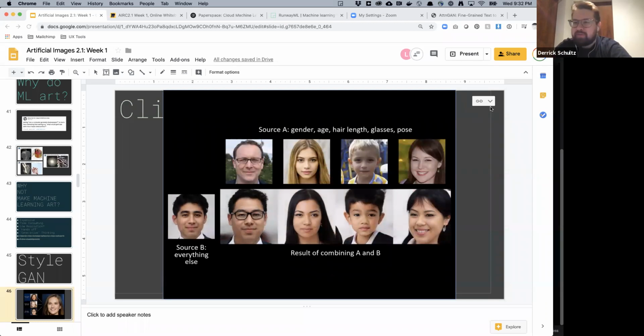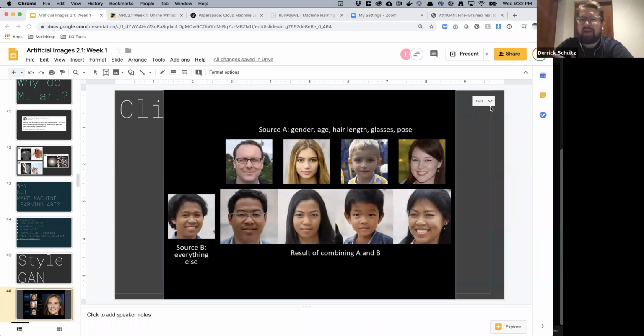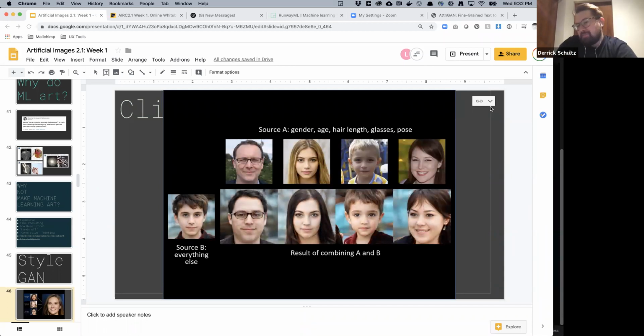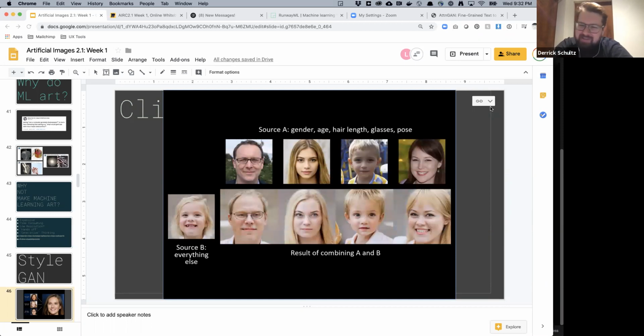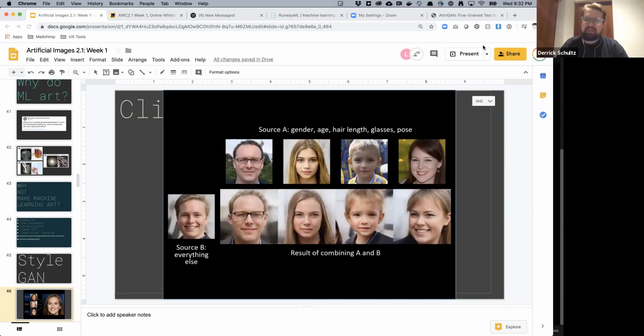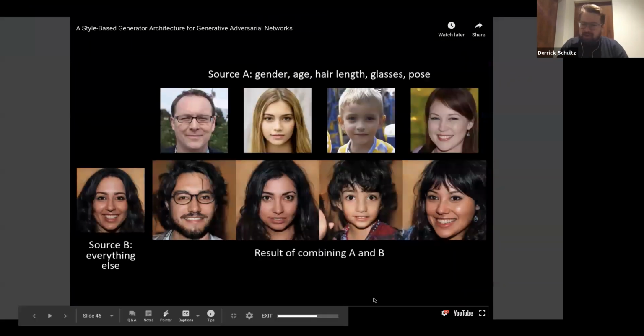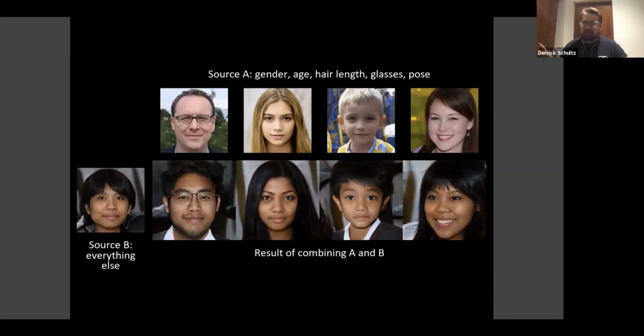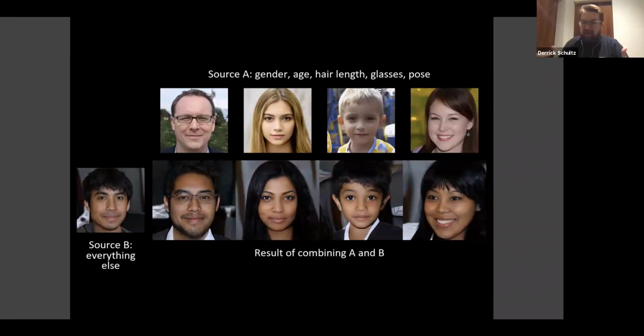This is probably the one that most people have seen, like, wow, look at how close we are to having AI that can generate images, right? And the problem with this is, it actually turns out that this is maybe the easiest problem for us to solve, for a variety of reasons. The reason that this is really easy for us is because we've had a decade of training imagery around faces. Face detection is a big industry. So it turns out we've already built a lot of technology that can do this well.